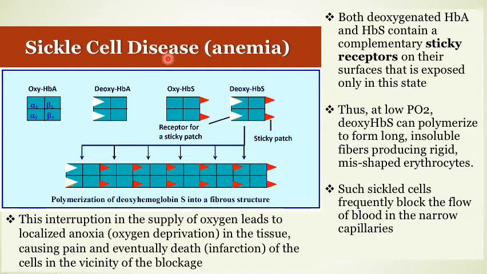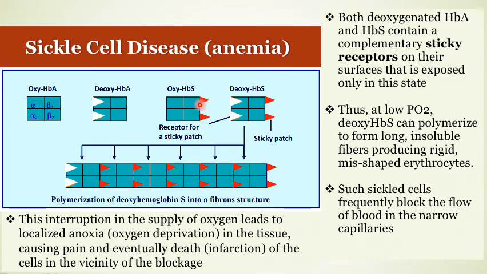If you look here, hemoglobin A, normal hemoglobin, if it is deoxygenated, it has a groove. A groove means a notch or a well, which looks like a triangle. In deoxyhemoglobin S, hemoglobin S, the abnormal hemoglobin of sickle cell disease, we have the same groove, the notch. But in hemoglobin S, we have a sticky patch.